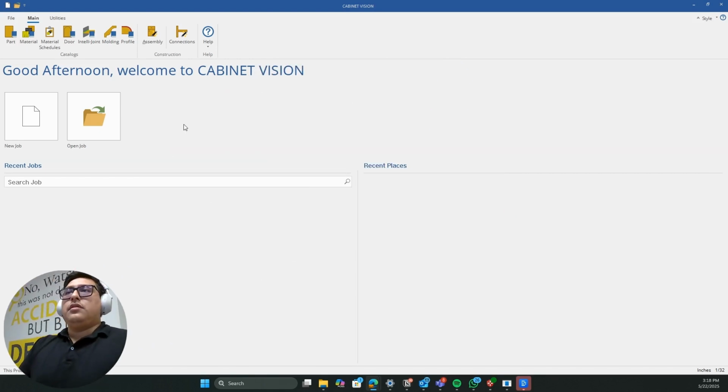So as you see here, this is cabinet vision. This is the first thing we see when we open cabinet vision. What I need to focus on is the new job or open a job. Most of the cases you are going to open a job because when we work with different clients, they send us the job with all the setup stuff so we can continue working their setup. So the materials, the construction levels, all that stuff is already set up and we can continue working the way